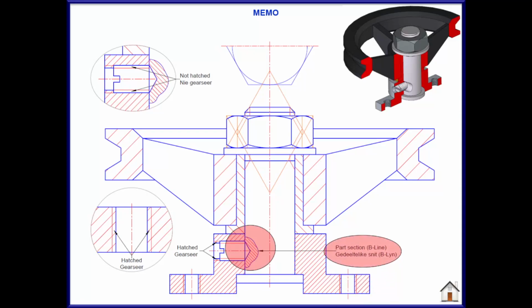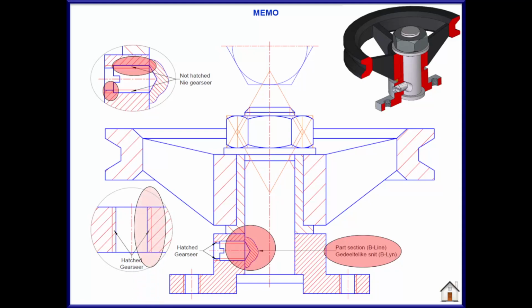We can see the part section around the area showing the internal detail. This line for the part section is a freehand B-type line. When we look at the hatching at the grub screw, we can clearly see the hatching stop against the darker A-type line of the external thread for the grub screw. At the smaller area for the internal thread, where the thread is not threaded, the hatching will go right through the B-type line and will stop against the darker A-type line.